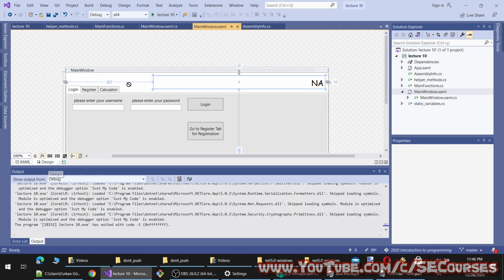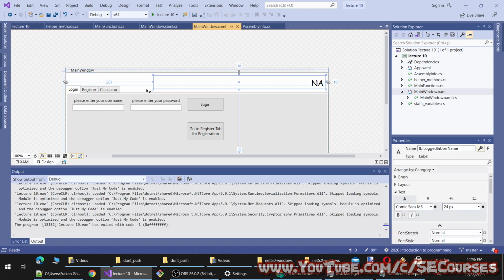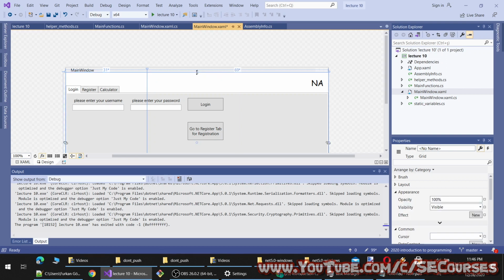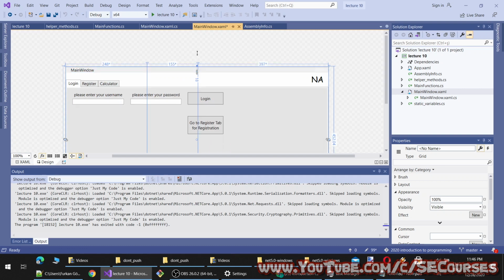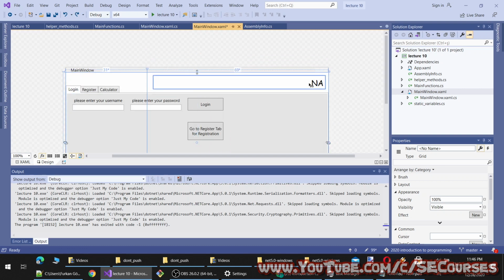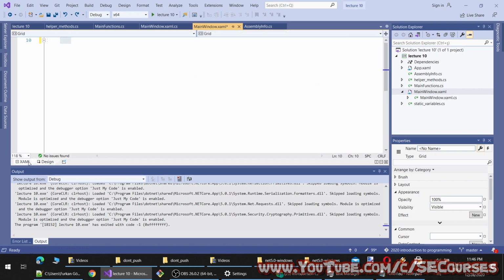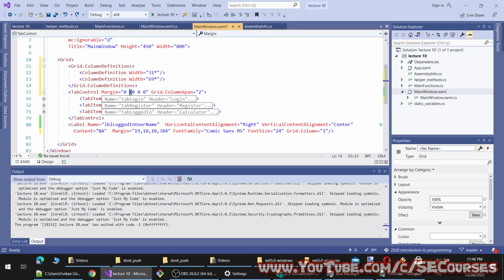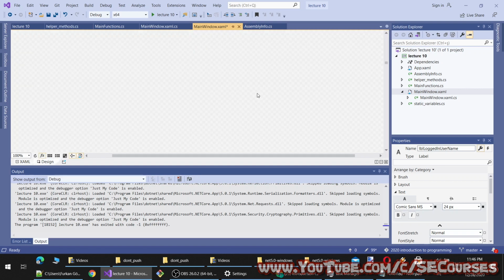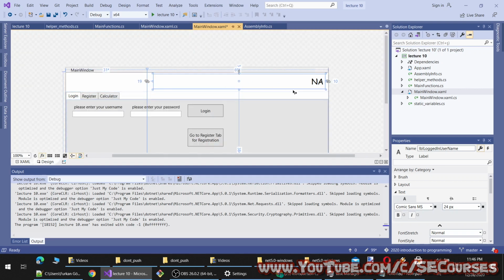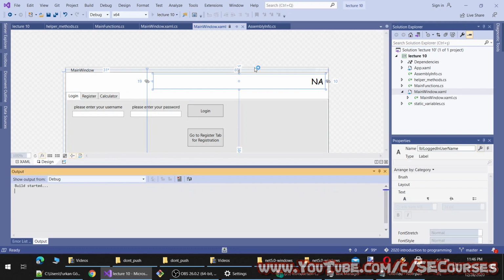Okay, you see it wasn't visible. Why? Because of, I think, this panel. So this panel was overriding this one. Therefore, what I am going to do is, okay, not this one, I will expand the margin here like this, and I will reduce this one like this. Let's see. Okay, now they are not conflicting, so let's rerun.